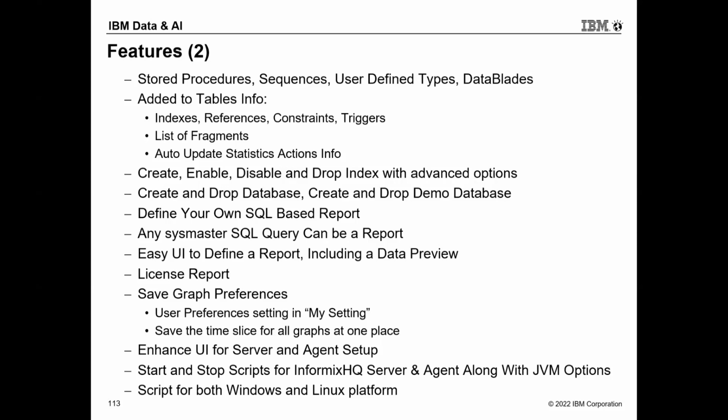Any Syscart master query can be a report. Easy to use interface to define a report, including a data preview, a license report, save graph preferences, user preferences setting in my settings, save the time slice for all graphs in one location, a user-enhanced